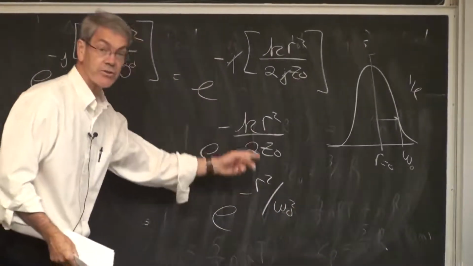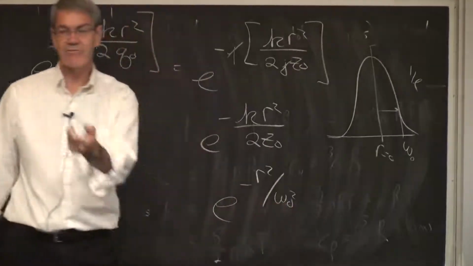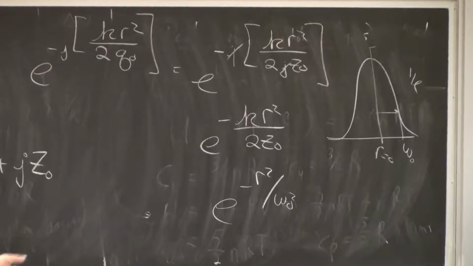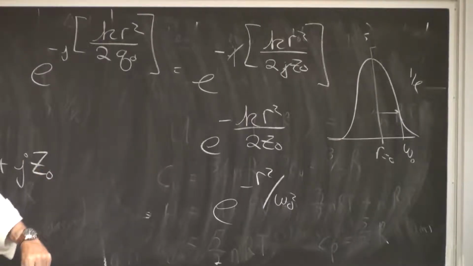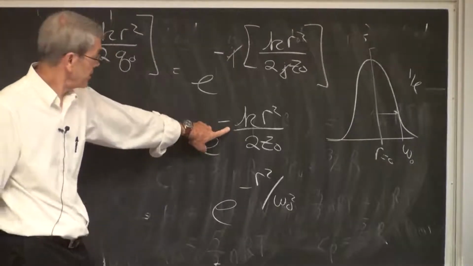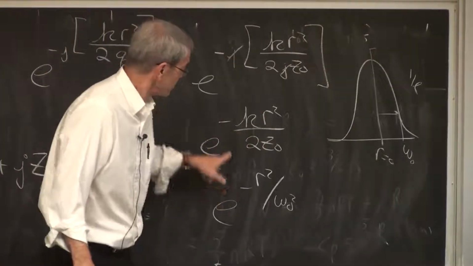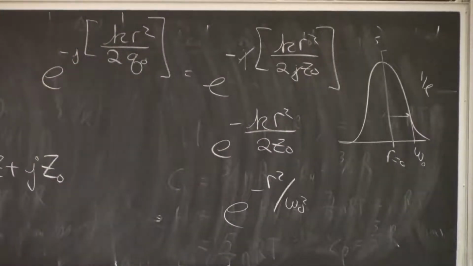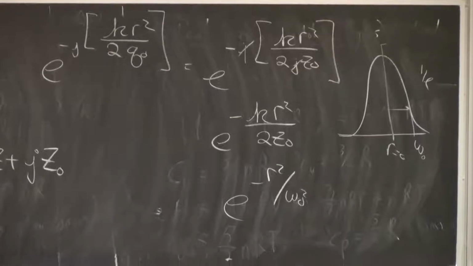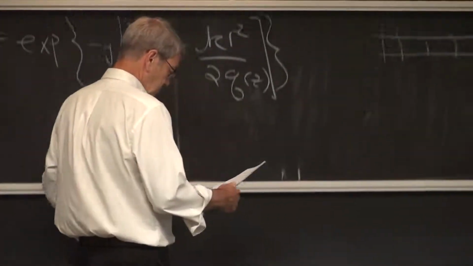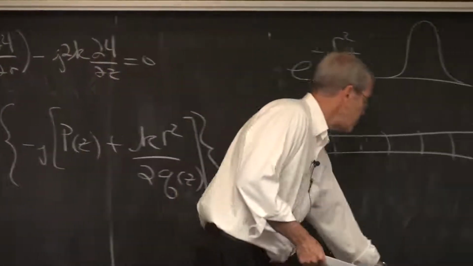Okay, so I can compare these two. This, omega, is the physical radius of the beam. It's a real thing. I put the laser beam there, I see it's got a finite size. I can measure omega naught. This is what psi is telling me in terms of z, k, r. So I can look at these two and say, I now know what z naught is. I can relate z naught to a physical parameter, and so, by comparing those two,